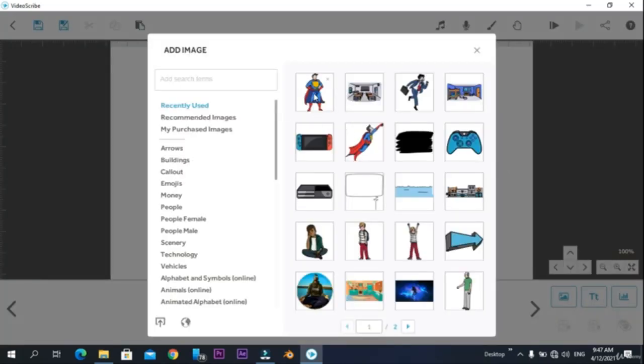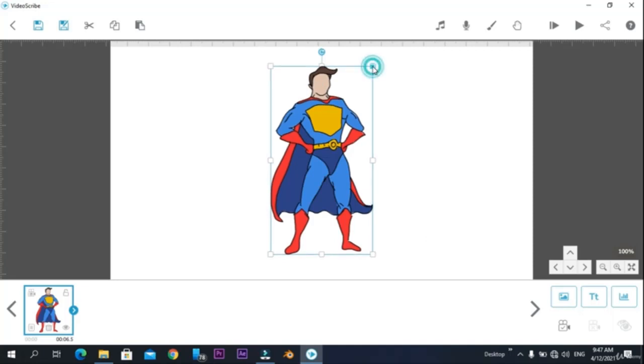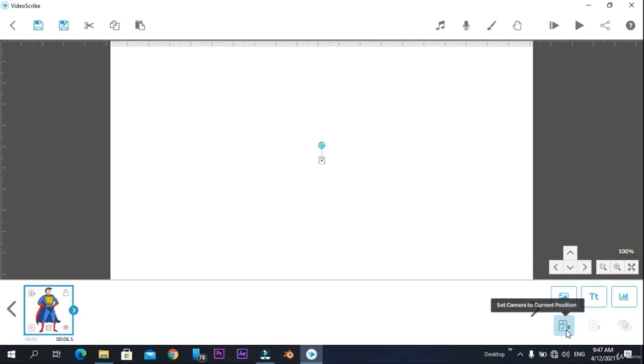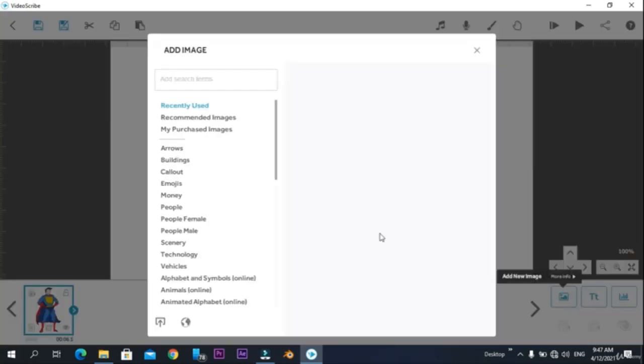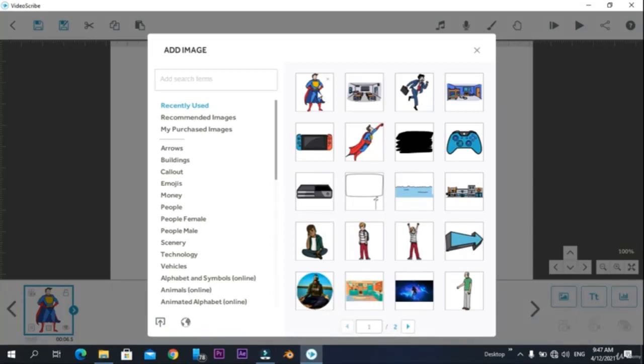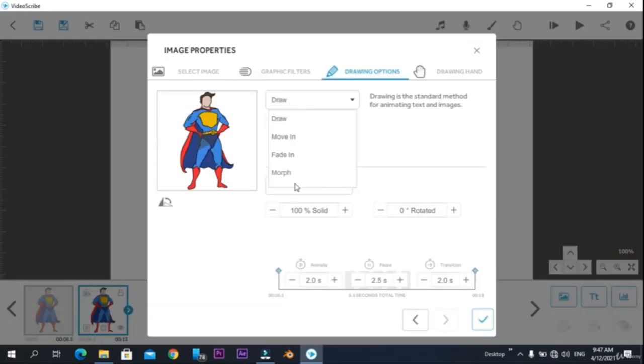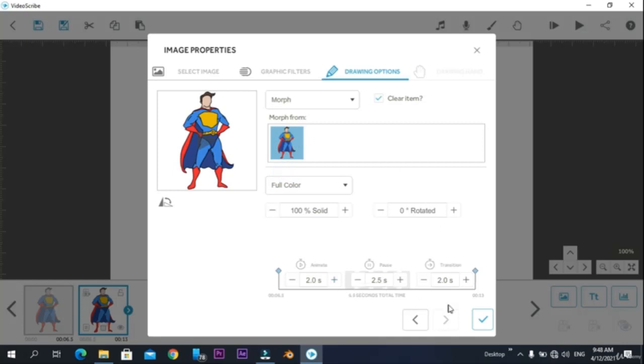So let's choose the first one and resize it until you can't see them, like this. And let's again, and don't forget to add the camera position. So I want to add camera position at this position, and then again add the same image on top of previous image, and then go to properties of second image, choose morph and choose the previous image and click on